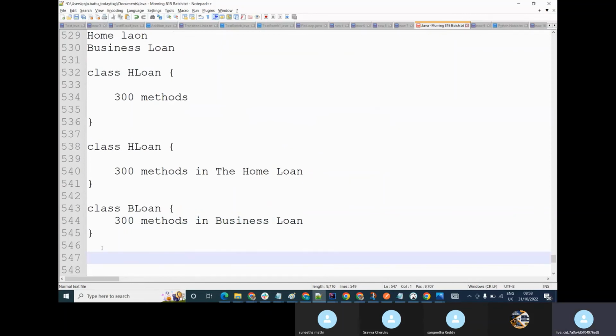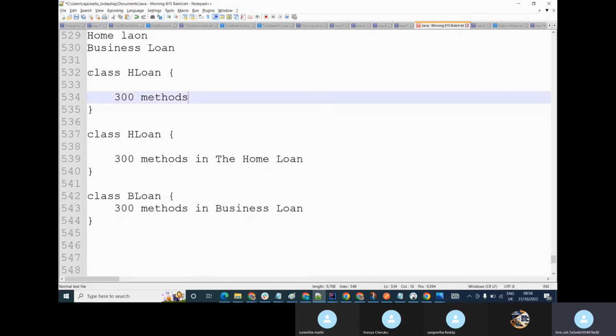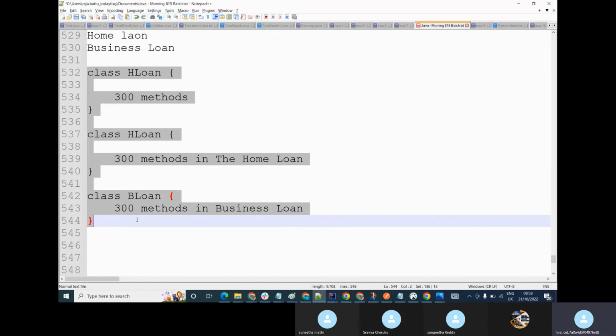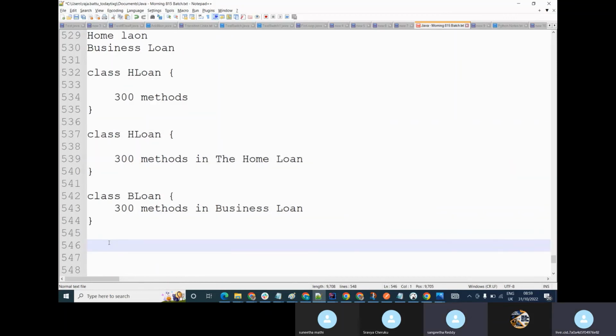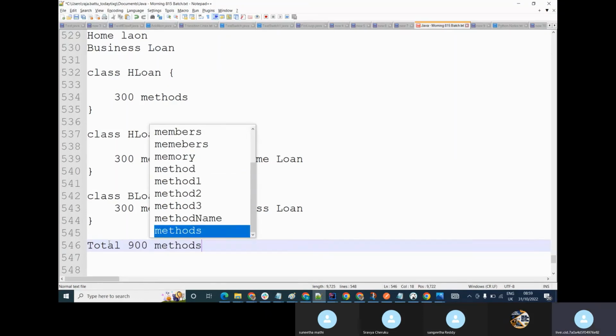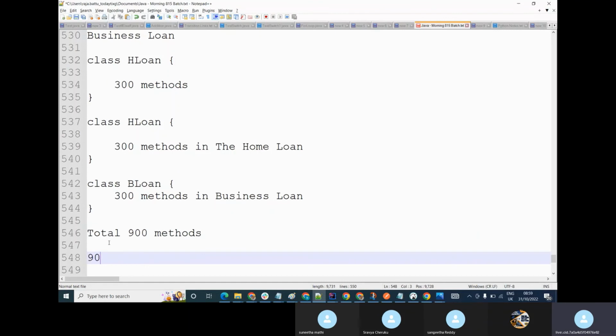So it took me total how many methods? Total how many methods have I written here in the three classes? Total nine hundred. I have written 900 methods, right? So it took me 90 hours to write these 900 methods without using